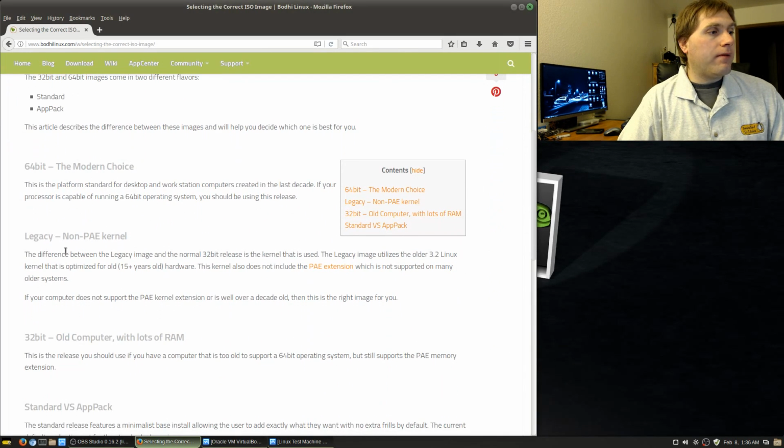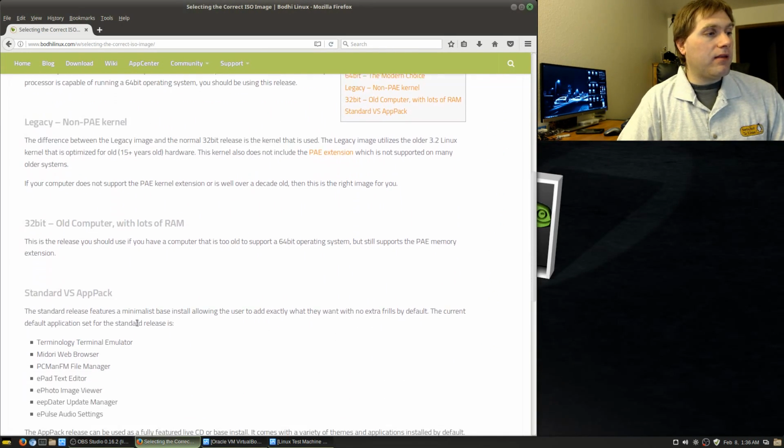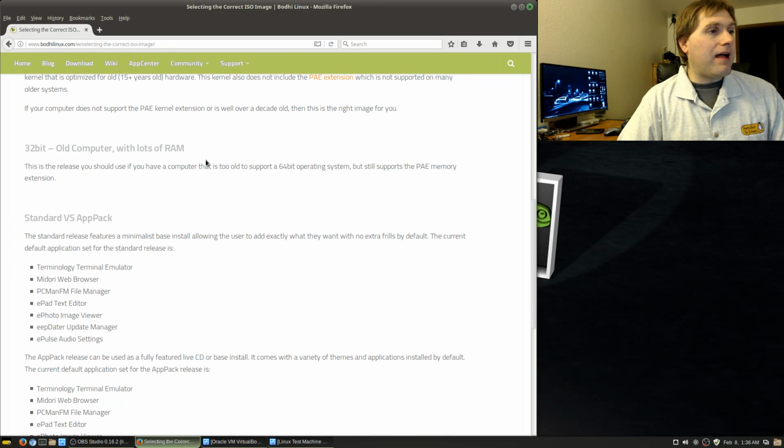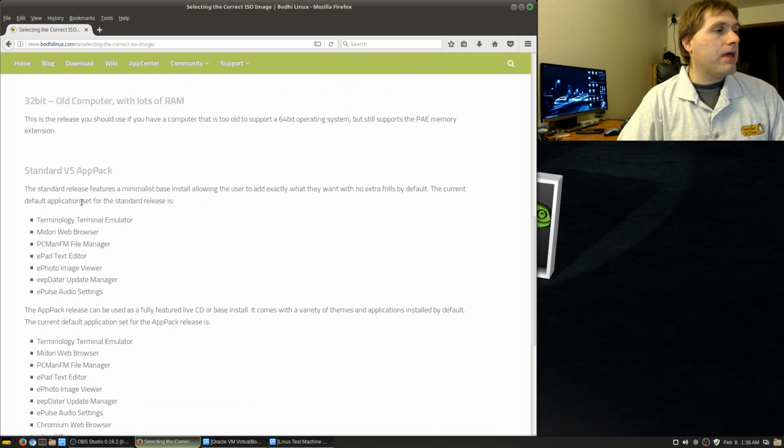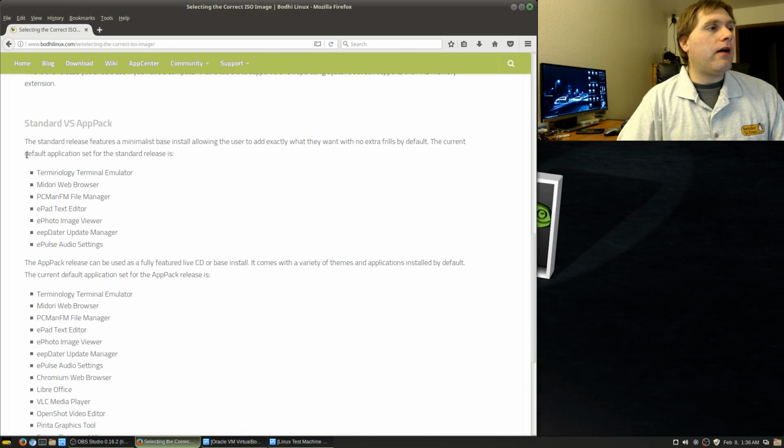Your 64-bit, your legacy, your 32-bit. It does say lots of RAM. The Enlightenment desktop is a little heavier on system resources, although I think it's still only running on like 600 megabytes when I was looking. So here are the packages involved in the standard